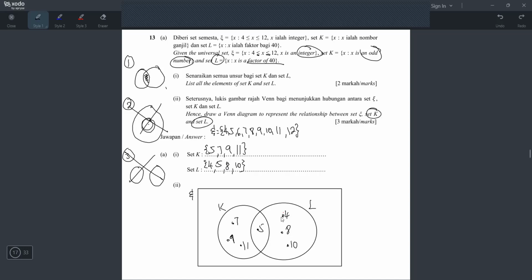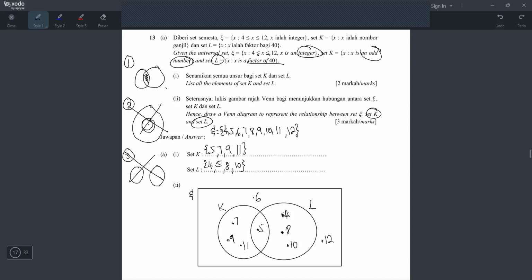By the way, you must put a dot. If there is no dot, it is wrong, because if you don't put the dot, then it becomes the number of elements, and that is wrong. The last step is to look at the universal set: 4, 5, 6, 7, 8, 9, 10, 11, 12. Which have I not written? 4, 5 done. 6 is missing, so 6 must be here. 7, 8, 9, 10, 11, 12. So, yeah, that's the answer.